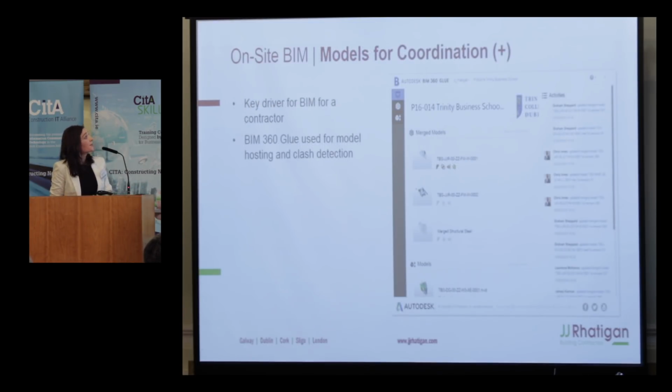So the first key advantage for BIM we've had on the business school has been using the models for coordination. And that's really invaluable for us as a contractor. It's basically making sure all the bits of the puzzle fit together before we get to site. So on the business school, we have